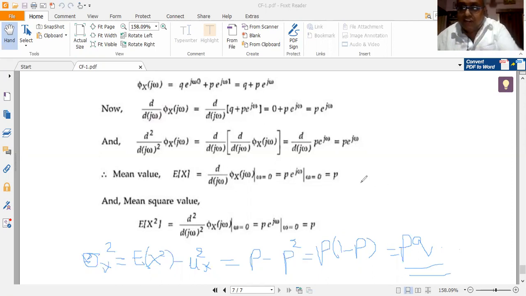So which defeats our claim. So we can conclude that the variance of a Bernoulli distribution is equal to PQ. It is non-zero. Okay, very important result. P minus P squared, I have taken P common. So P into 1 minus P, so that 1 minus P is equal to Q. That's another important statement that we need to make here.